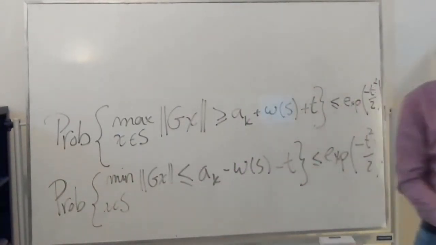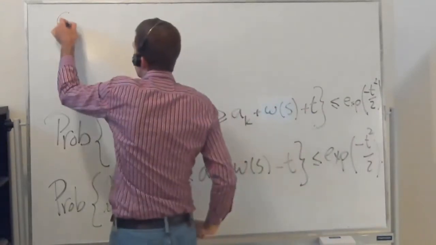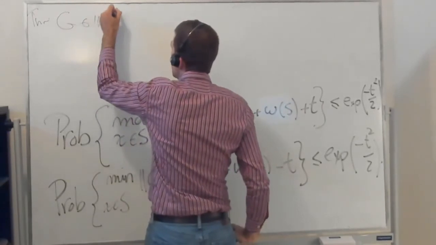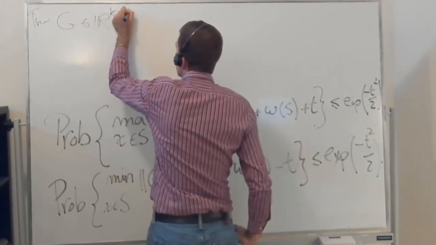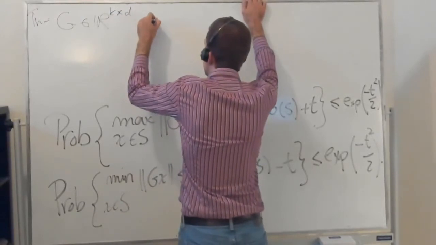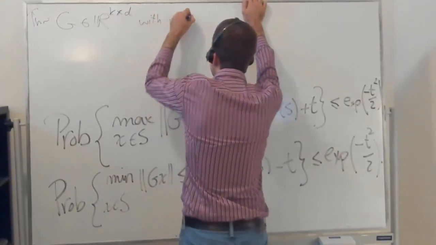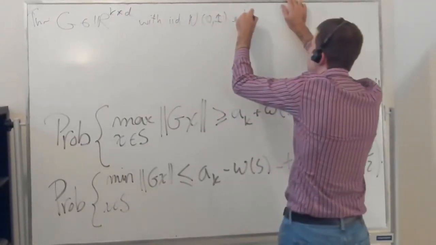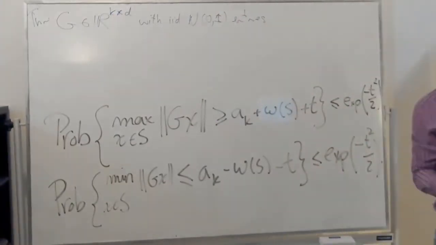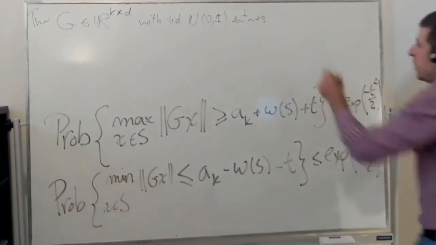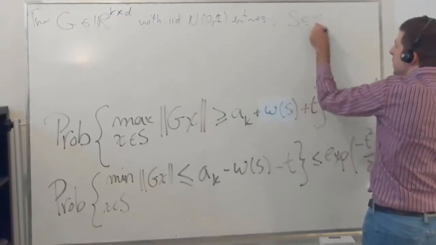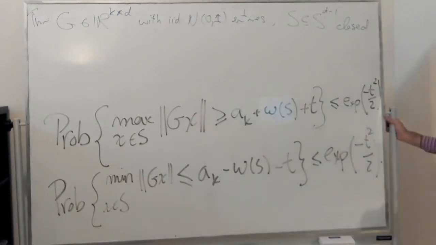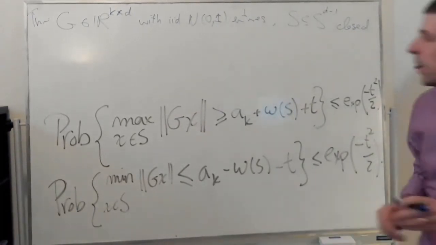This is a theorem in the notes: if G is a matrix that's K by D, with IID N(0,1) entries, and S in the sphere S^(D-1) is a closed subset of the sphere, then